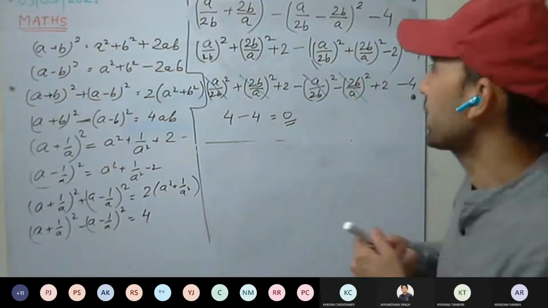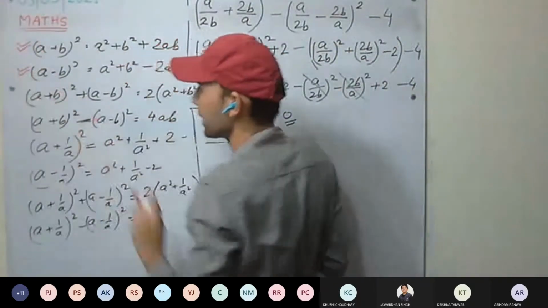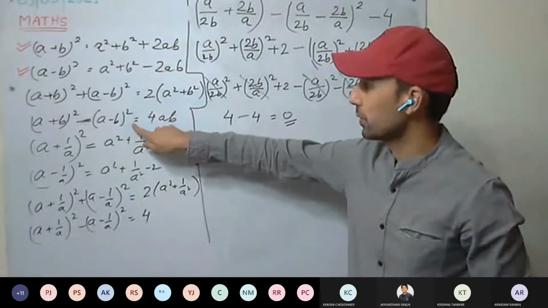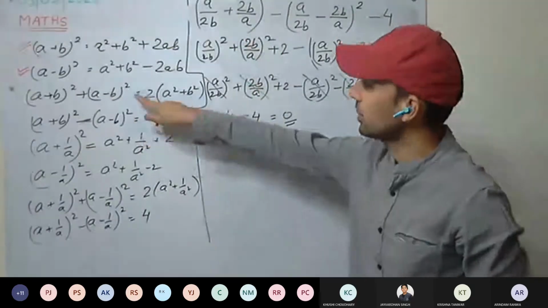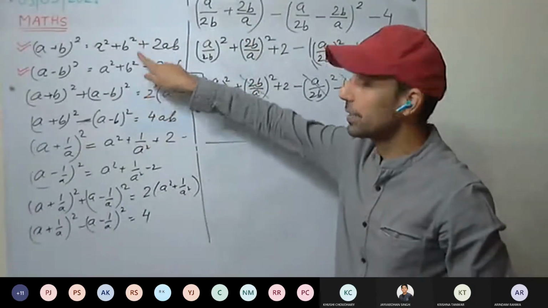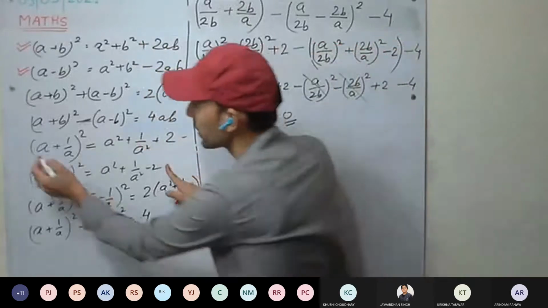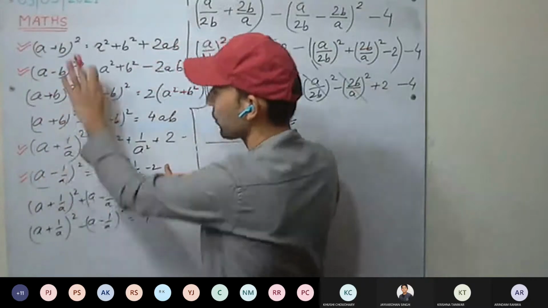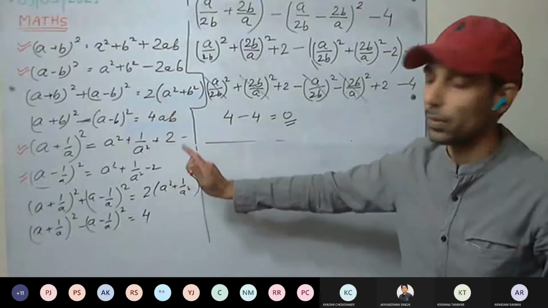So mainly we'll be making use of this identity and this identity. This identity, if we don't remember, don't use. Leave them. As I haven't used these identities, we will use them. From them only we have derived these two identities. So we must remember these four identities. The rest we have just derived from them.